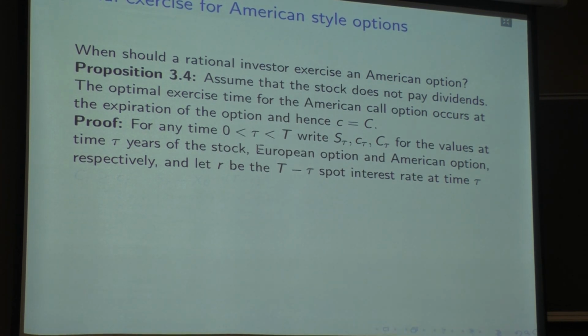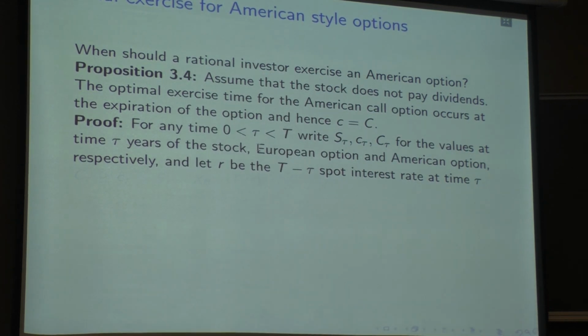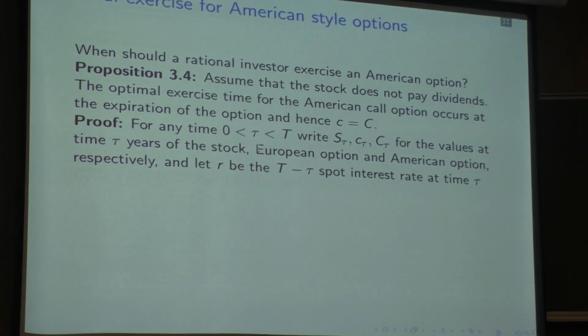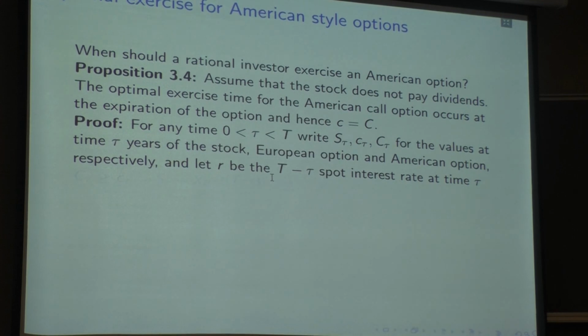We're going to call it S tau. We're going to look at the price of the European call option at time tau, and we're going to call it c tau. And we're going to look at the price of the American call option at time tau. We're going to call it capital C tau. And now we're going to also look at